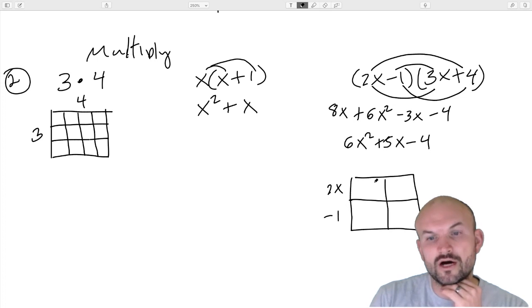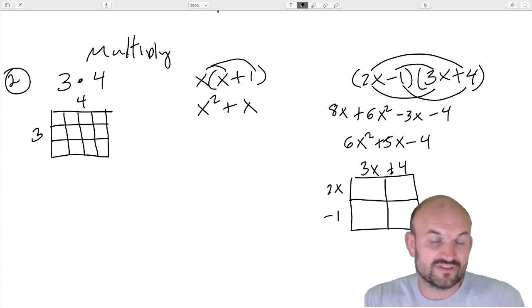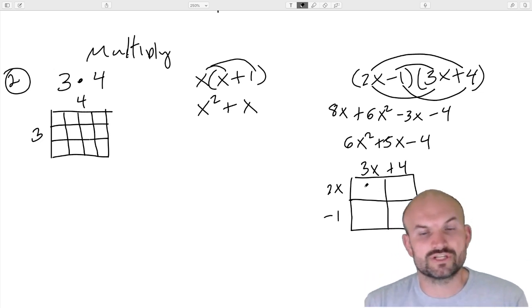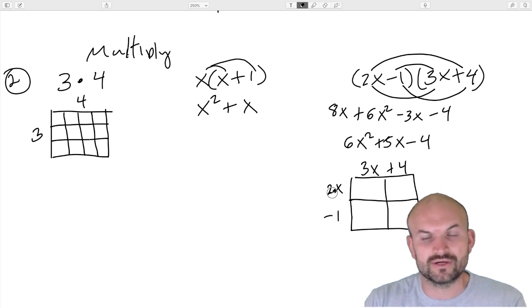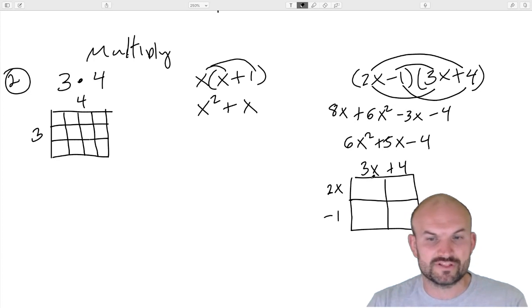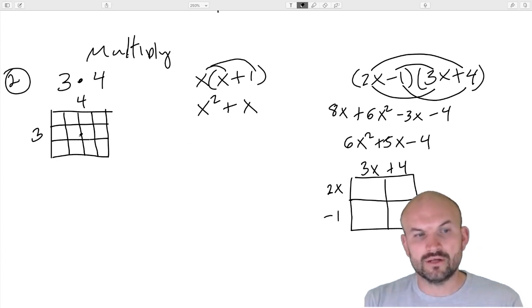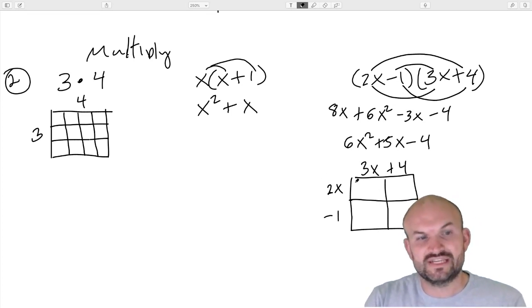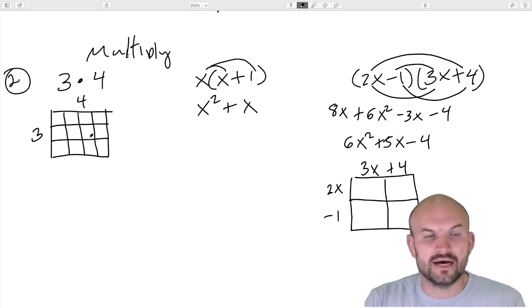And then over here, I'll represent this as 3x plus 4. Again, we don't know the value of x, and we're not trying to pretend we know the value of x. We're just using that as a variable, but we know that the product of these two is going to represent the area of this rectangle. Well, now, just like these represent unit boxes, like 1 times 1, here we're just going to find the area of each of these, and then we can add up each of these.